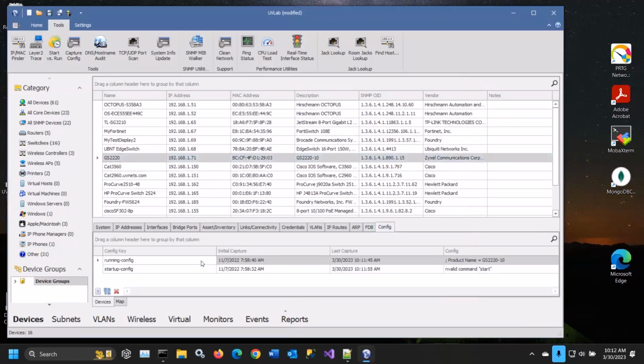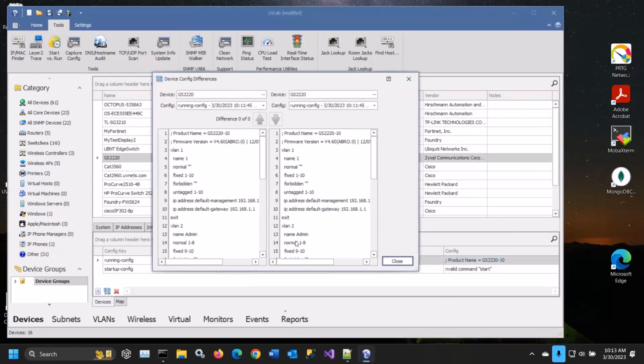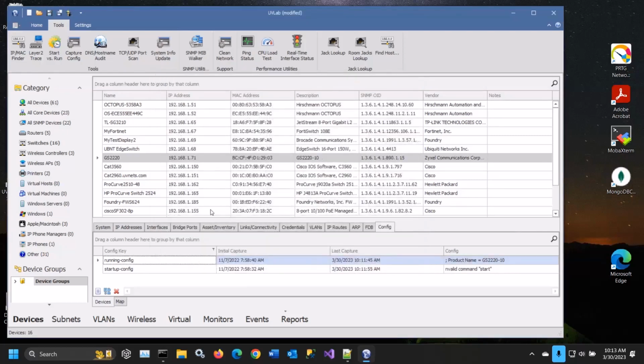So you can see the running configuration here. You can go back and do comparisons over time, so you can see what changes have been made to different configurations and do an assessment. And these configurations actually can be attached or captured as part of our discovery results, or